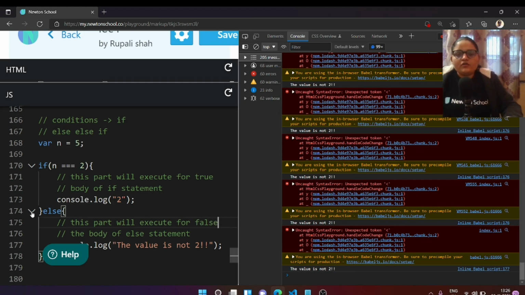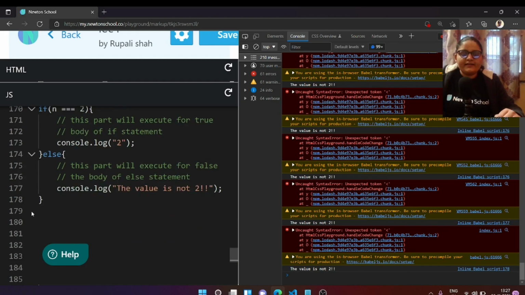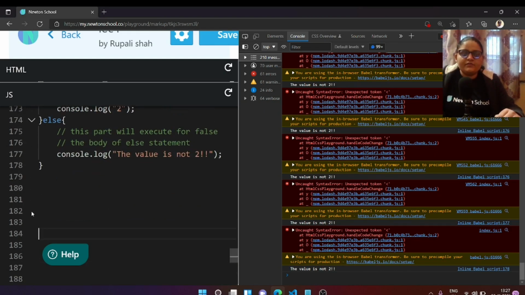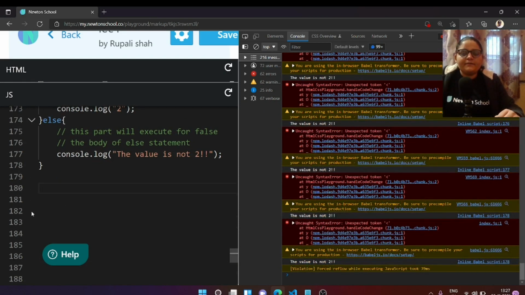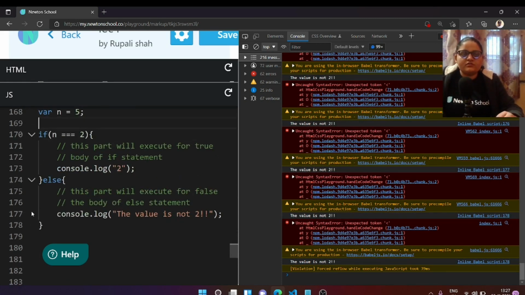Now suppose you have multiple ifs, like if this is the value then print this, if this is the value then print this, then what can we do? To get into this particular example, let's say we want a change here.